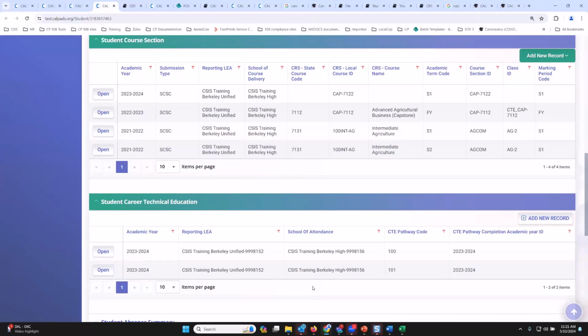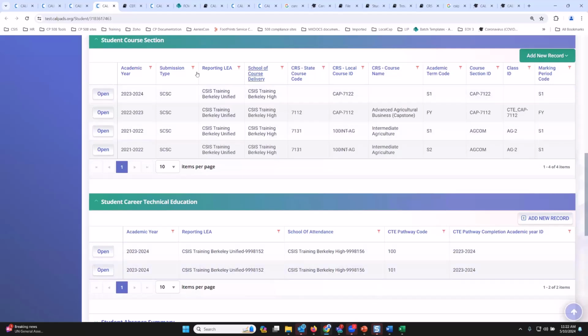So let's say a student just merely completed the capstone course this year, just as an elective, but isn't part of the pathway, and you think that once you complete a capstone course, that student completes a pathway, which shouldn't be the case. So the only way for you to correct that is to delete the CTE pathway record. Okay, so that's one thing.